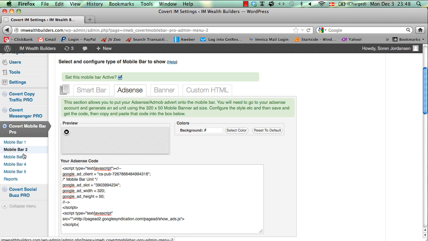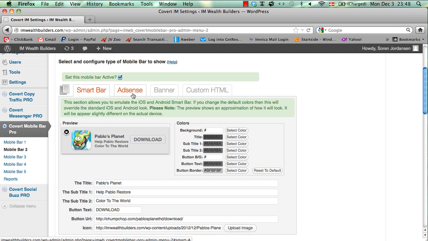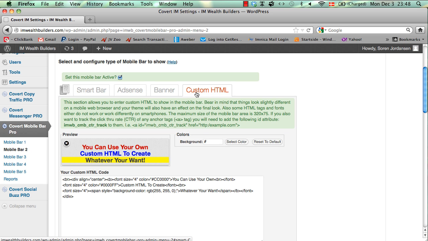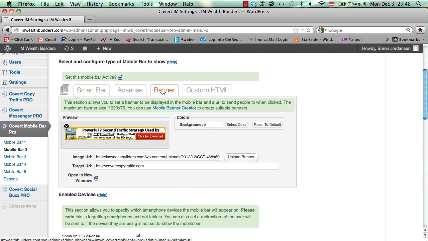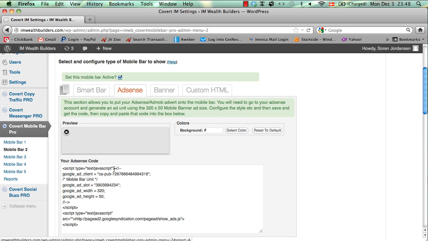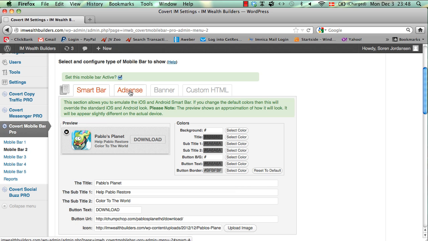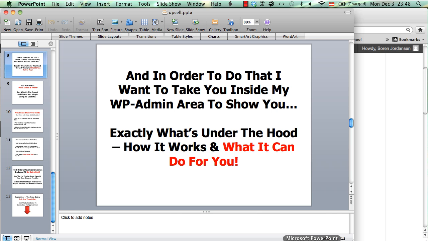So that's what you get with the Pro version of Covert Mobile Bar. You get to use 5 bars at the same time. You get full tracking and reports. You get to use the Smart Bar as in the standard version, but you also get to do full custom HTML to create exactly what you want. You can use banners in your mobile bars, and you get to use AdSense in your mobile bar. So that's a quick look at how it works, what it can do, and I just want to hit back to the slides here and finish up,